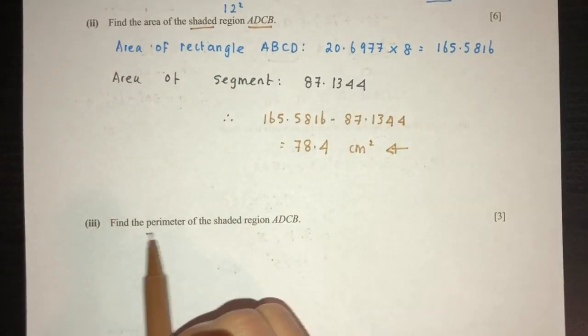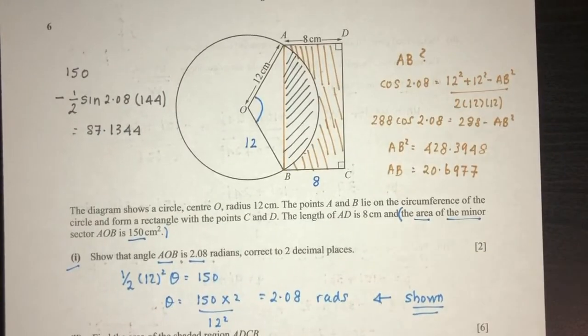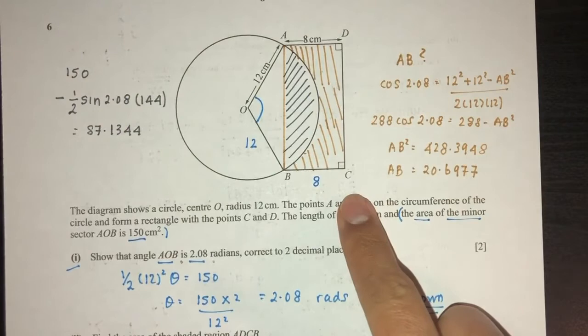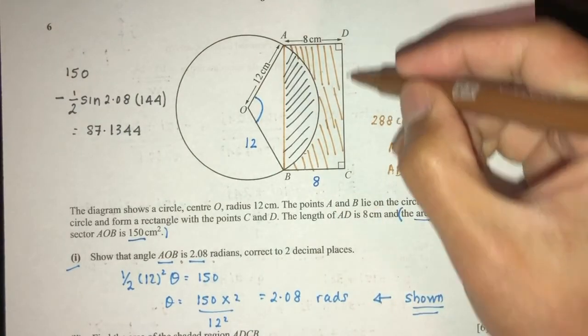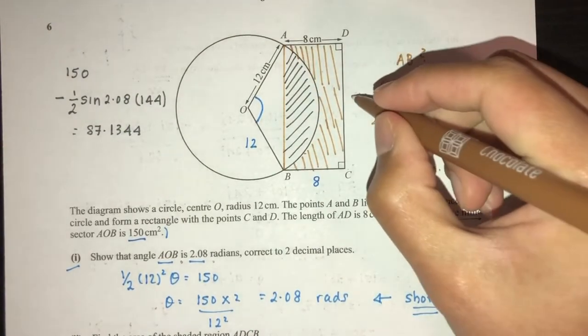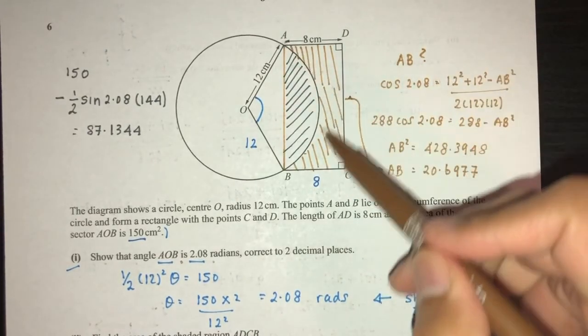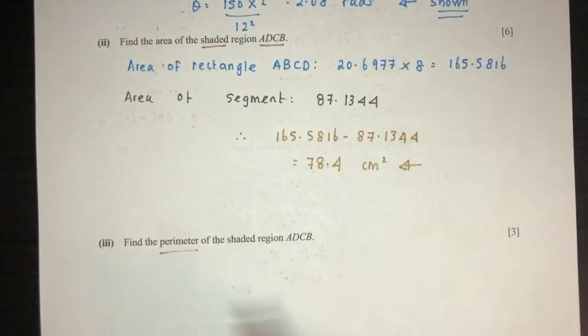So how do you find the perimeter? Now if you observe, we have this, this, and this also. So this is the same length as AB, which is 20. So we just have to find this one. Pretty easy. Arc AB